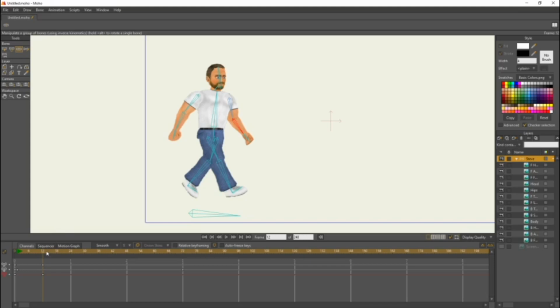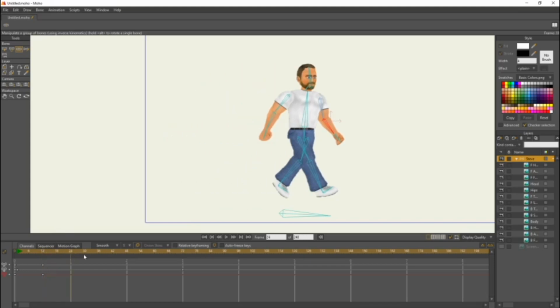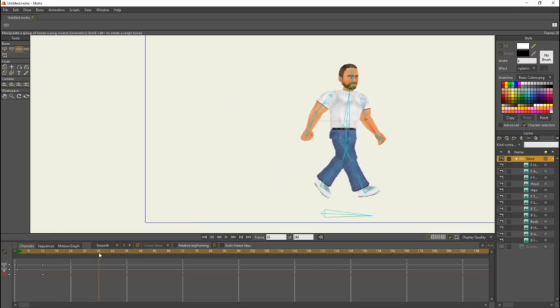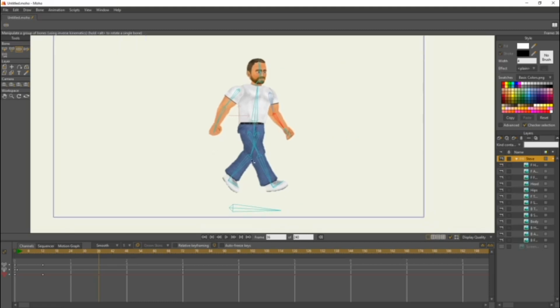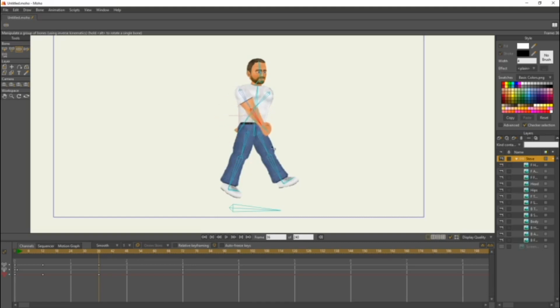Now, we're going to come to, let's say, 36. And we want him to be in the other phase of walking. Basically the opposite. So we're going to come here, drag the front leg to the back, and drag the back leg to the front. And the same with the arms. Drag the back arm to the back, and the front arm to the front.